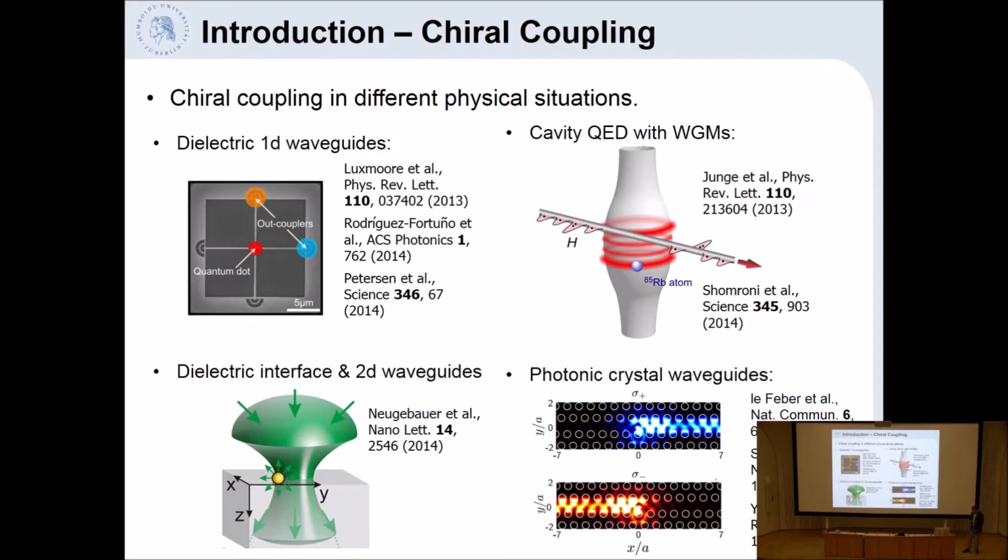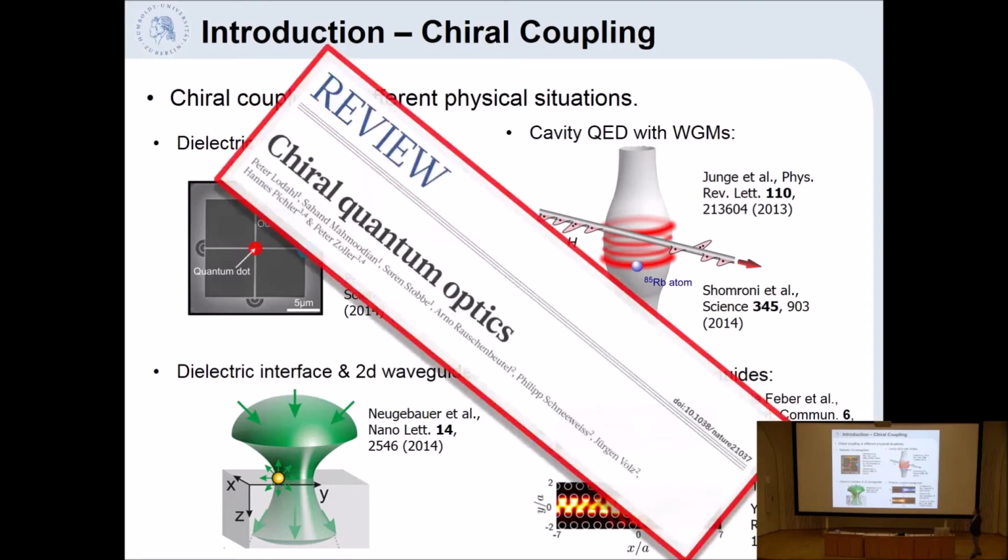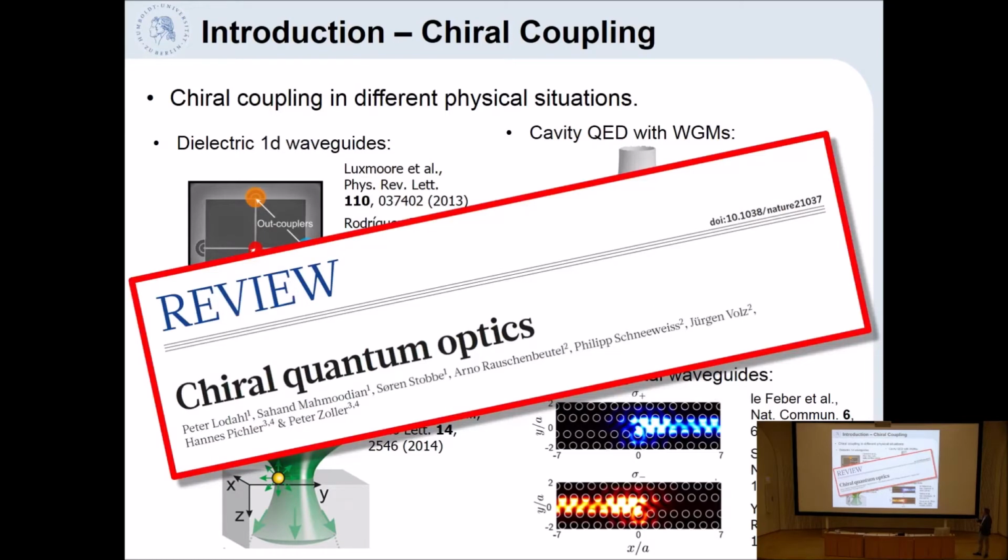Okay. So if you want to learn more about this chiral coupling and how in particular it affects the interaction of light and quantum emitters, then you could have a look at a review article that we wrote together with the groups of Peter Lodahl and Peter Zoller in Nature. However, I would now like to move on to the main part of my talk,